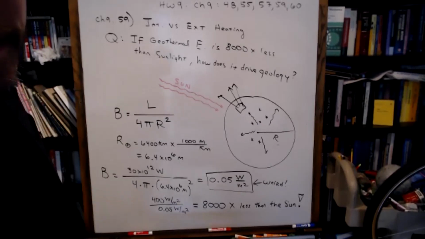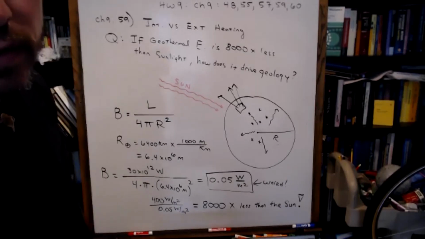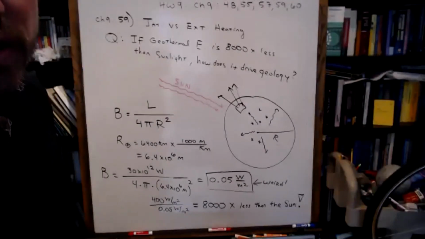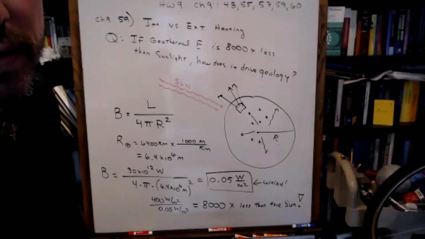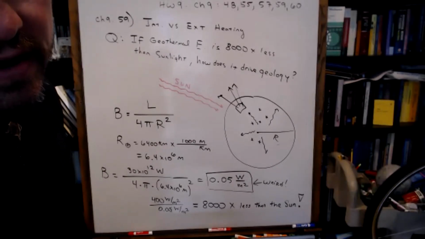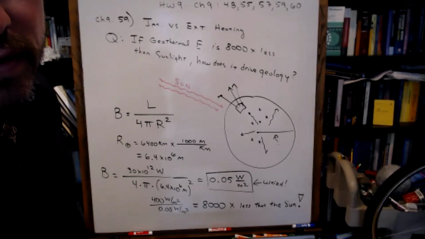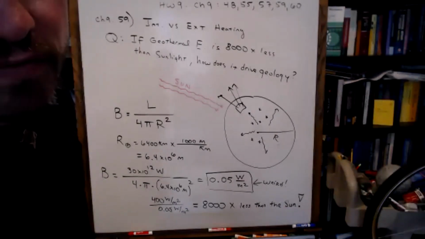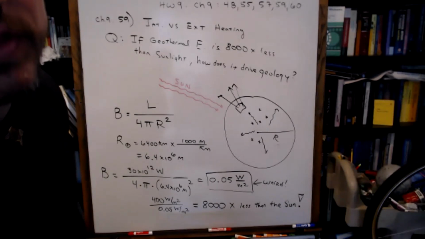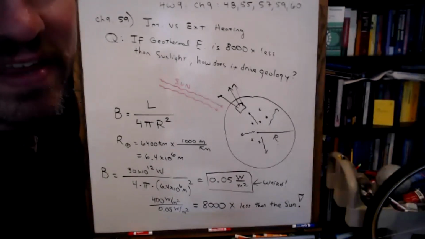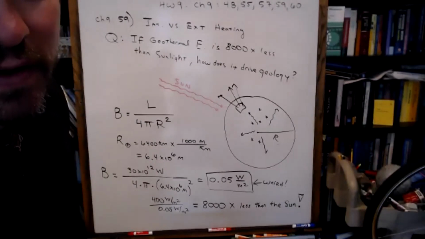Any thoughts? Well, the heat's coming from a different direction. Kind of, Caleb, that's the right answer. What happens to the sunlight when it hits the surface of the earth? It's absorbed by the ground. And then, after the rocks heat up, what do they do? Cool back down. How do they cool back down? They radiate away the heat. Yeah. They re-radiate the heat back into space at infrared wavelengths.